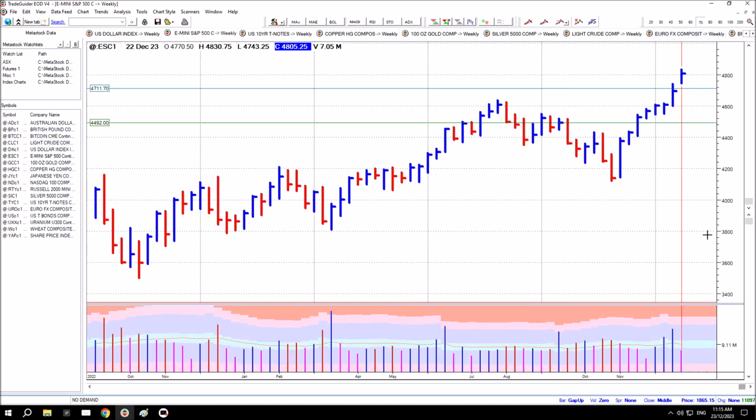So if you zoom in a little bit, you can see that more clearly. Here was that challenge to this zone of expected resistance. Here was a little period of absorption and the push higher last week, and the gap up over the highs of the range and towards all-time highs this week. Our volume reduced quite a bit this week, and it's going to be the short week between Christmas and New Year coming up,